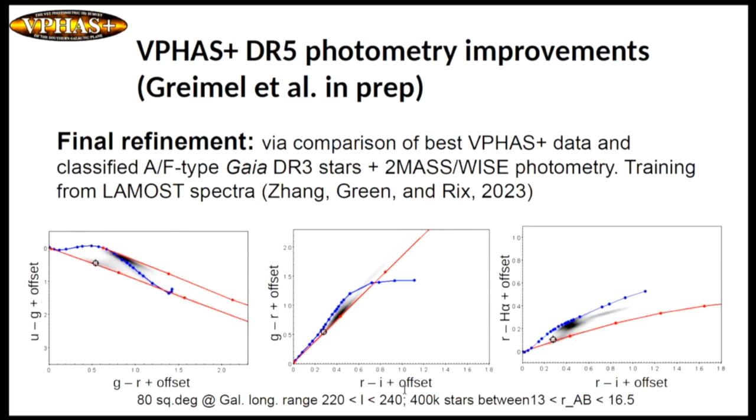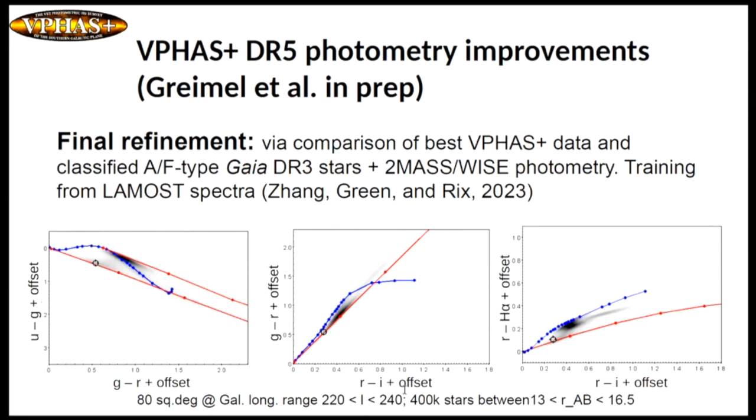Most of these fields from VPHAS Plus are very reddened. And it's very difficult to see it here, but the A dwarfs have here a branch, implying that essentially even the nearest A dwarfs have typically a reddening of a few 0 point something magnitudes. And in particular is the very last fix to the overall calibration that is done by selecting